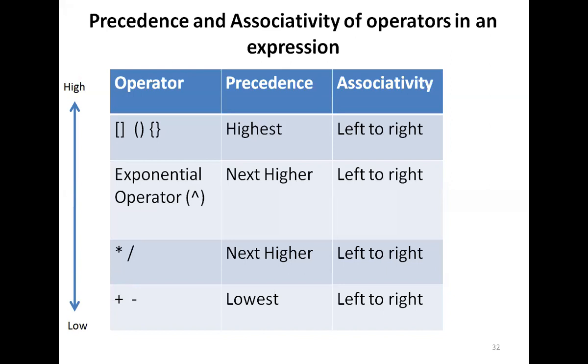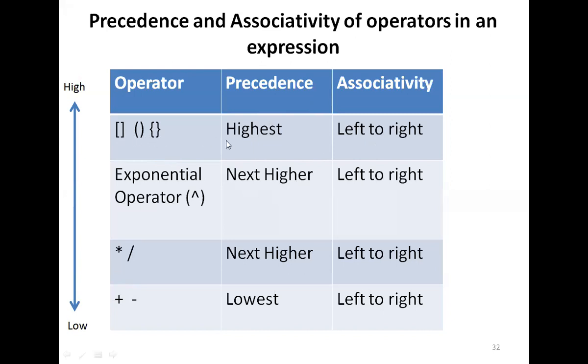Okay. So now precedence and associativity of operators in an expression. These things you must have read in C programming, that you have already read in the first semester. Whenever you are evaluating any expression, you use these precedence and associativity. These are some of the operators we actually encounter in an expression, and these are their precedence and associativity.